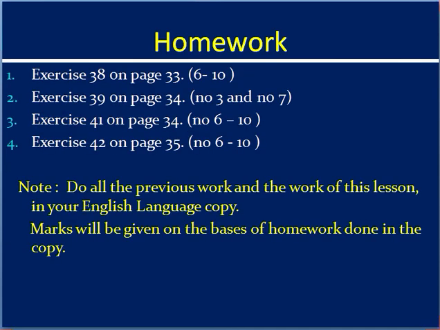Now this is your homework, children. You will do exercise 38 on page 33, numbers 6 to 10. Then you will do exercise 39 on page 34, number 3 and number 7.